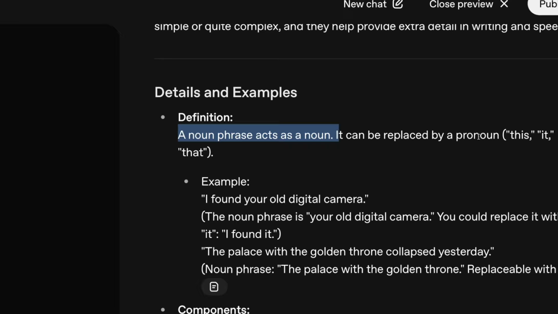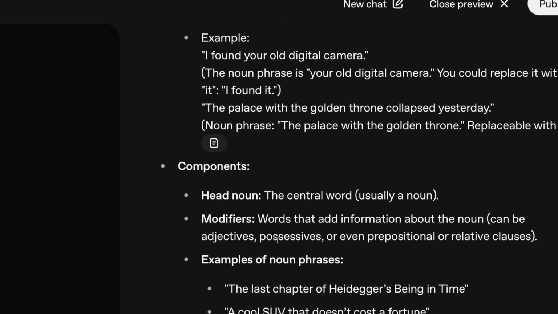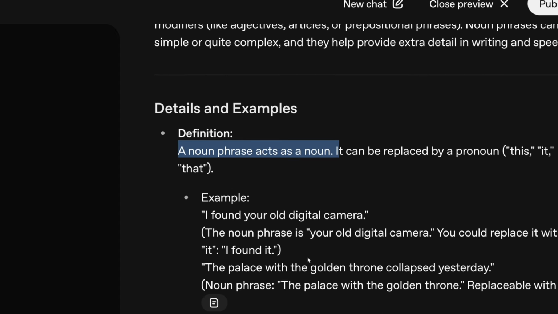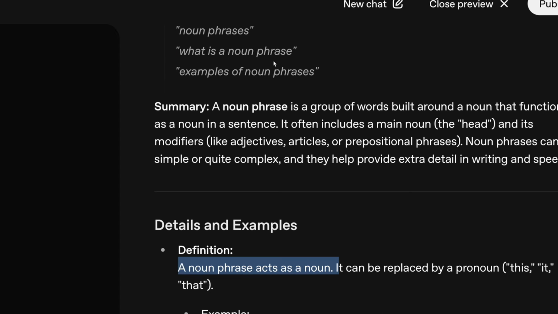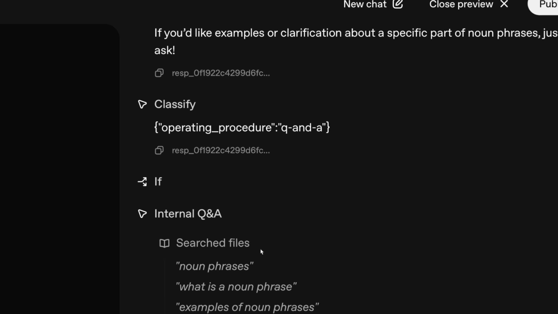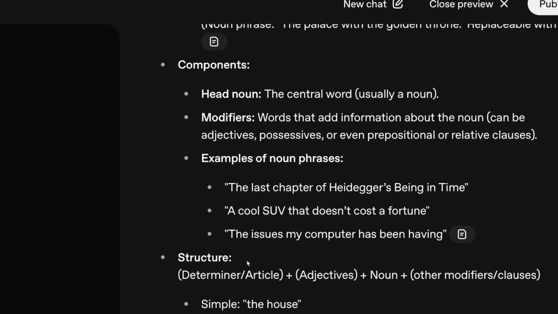It can be replaced by a pronoun. This, it, that. Very important. So I think this is pretty good information, and it's good to be able to see transparently where it's all coming from, sort of the steps that are happening along the way. And this, once I test it out more, I think could turn out to be a fantastic way to provide knowledge without necessarily providing the thing that knowledge is based on, which I think makes it a little easier